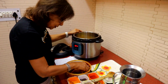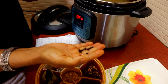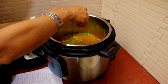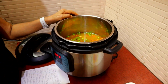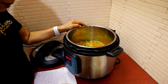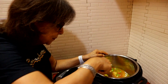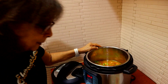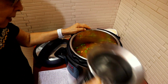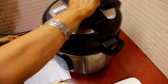Okay, I'm going to add a few peppercorns, whole pepper. I was supposed to add it at the beginning, but I forgot. The spices started burning, so I turned it off. Okay. A little more water, I guess. That should do it. Now we're going to close the lid,